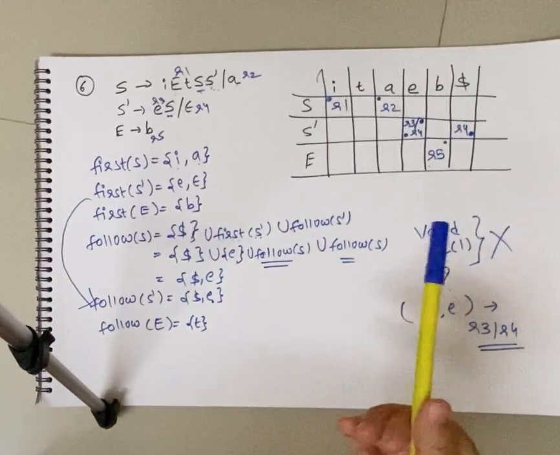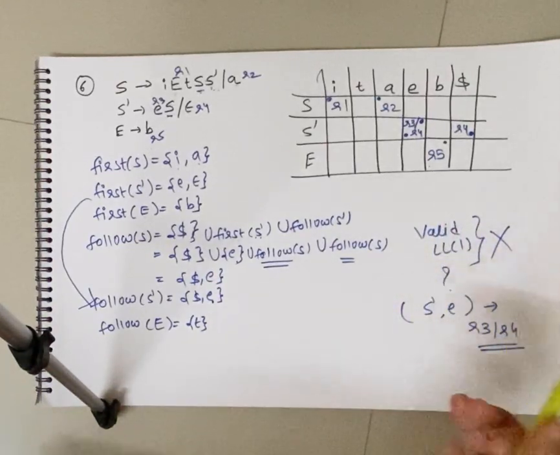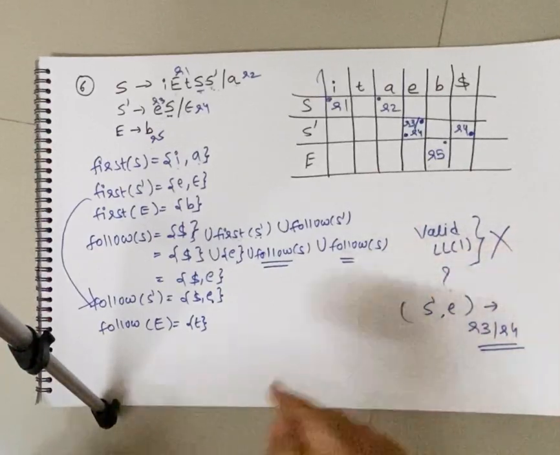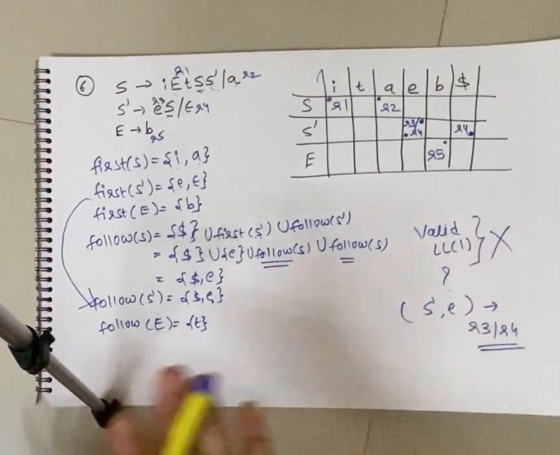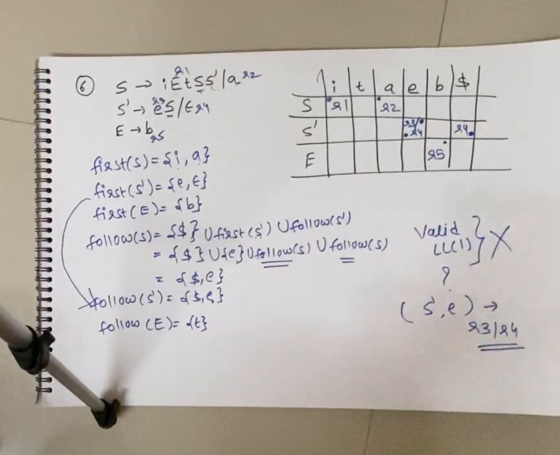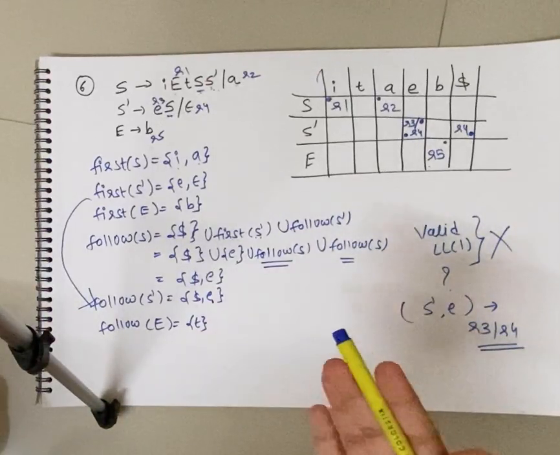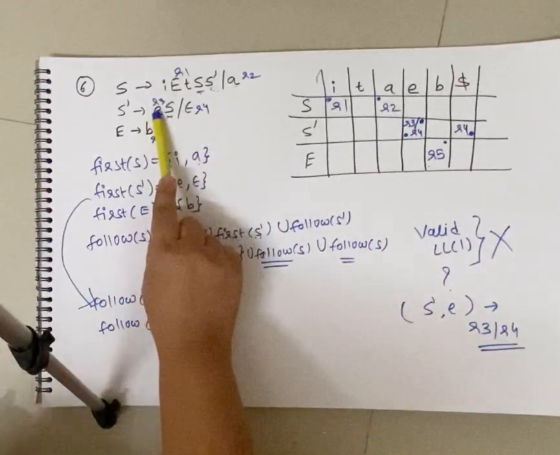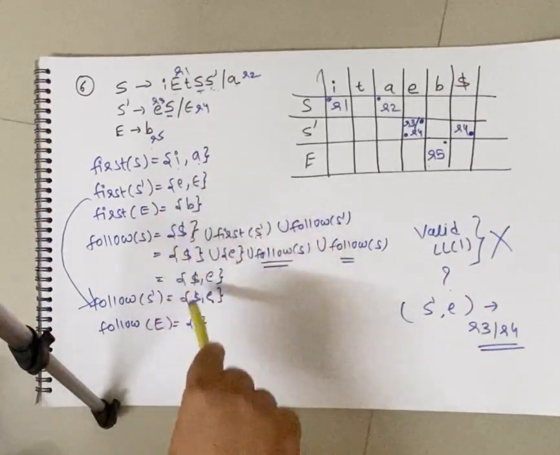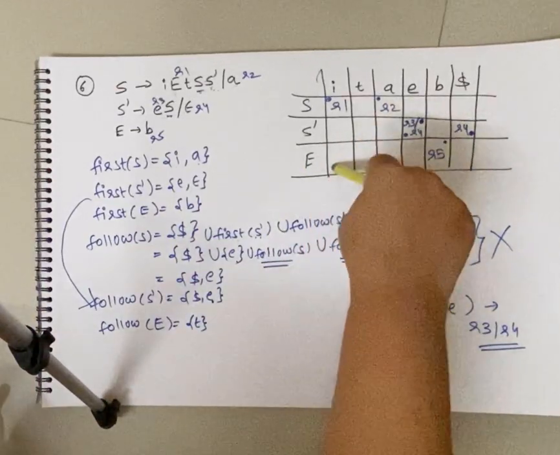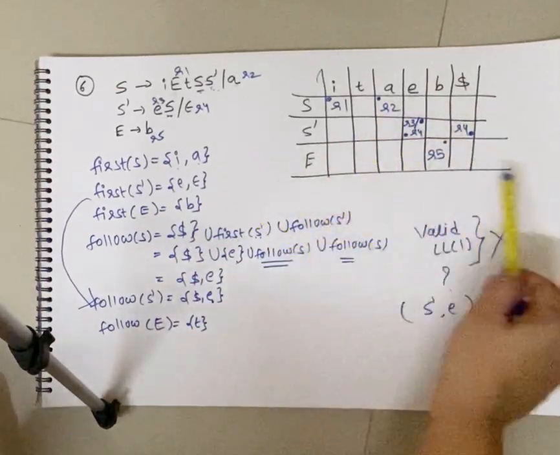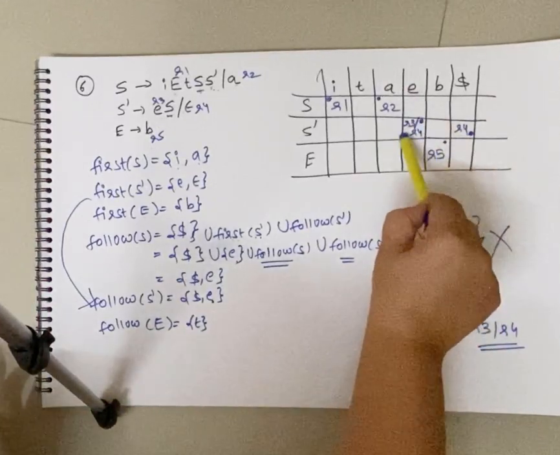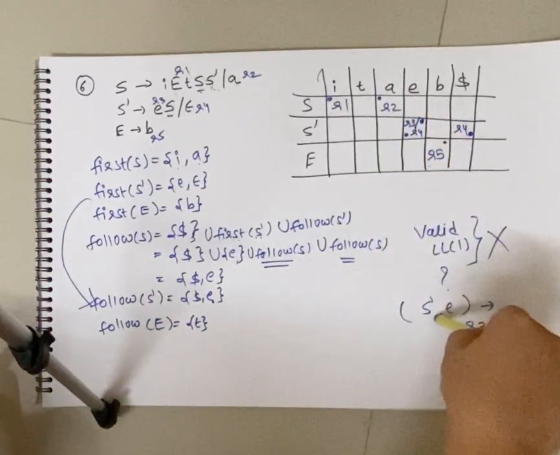If you observe the book, a very complicated definition of LL1 grammar is given for when a grammar is called LL1 grammar, but we are not supposed to cram it. What you just have to do to check whether the given grammar is LL1 or not is check whether it is left recursive or not. If it is left recursive, eliminate left recursion, calculate first, calculate follow, create the predictive parsing table, and check whether even a single cell contains multiple rules inside it. If so, it is not a valid LL1 grammar.